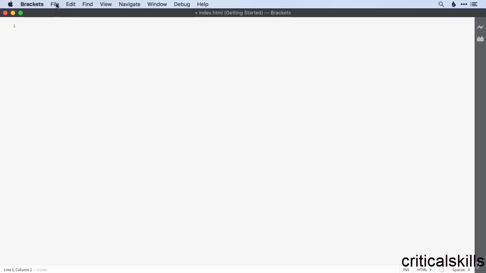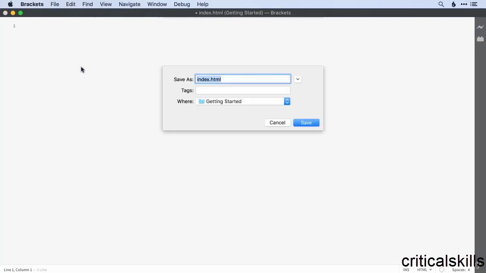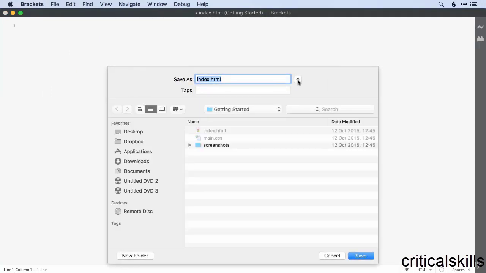So in your text editor, just go to File and then Save As. And I'm just going to expand everything here by clicking the down arrow. You probably won't need to do that. And I'd recommend working on your desktop. This is where we're going to be storing all your files, so if you want to put them in your documents or somewhere else, then feel free, but if you're not sure, then just put them right here on the